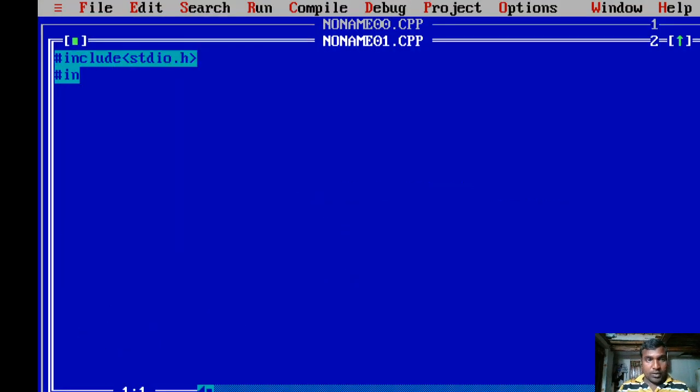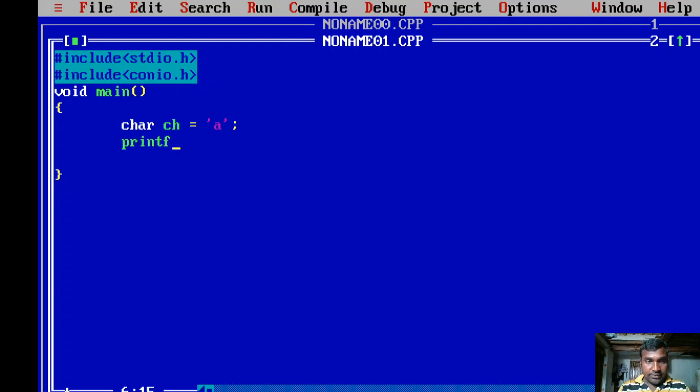Okay, let us write one more program, and let us try to handle the character data type. In order to handle the character data type, you need to use the char keyword. So char ch is a variable of character data type, so it can store only a single character, right?